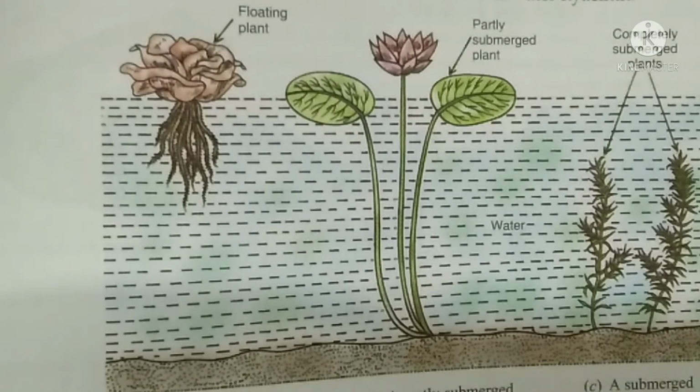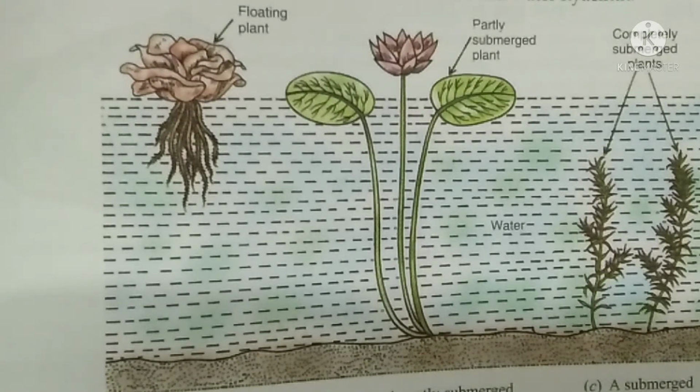And stomata, which help them to breathe, are on the upper part of the leaves instead of under the leaves, so that they will be able to breathe easily. In most plants, the stomata are on the bottom part of the leaf, but in water plants they will be on the upper part. And even chlorophyll will be in large amounts in the upper parts, which helps them to prepare food easily. So plants that grow in water also have special features.